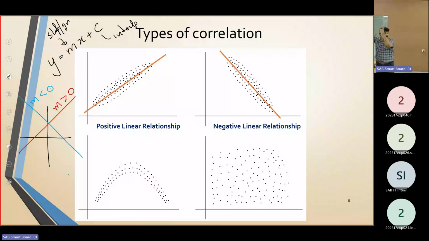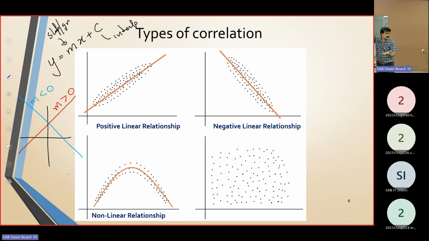If it is a straight line, we say linear. This is not a straight line, so this is a non-linear curve type. So here you can have any curve type. You can have a maximum type like this, or minimum type like this, or maybe exponential increasing, or maybe exponential decreasing. Any type of curve is possible here. So non-linear relationship. If you get something like the last structure, we can't see anything, points are scattered everywhere,